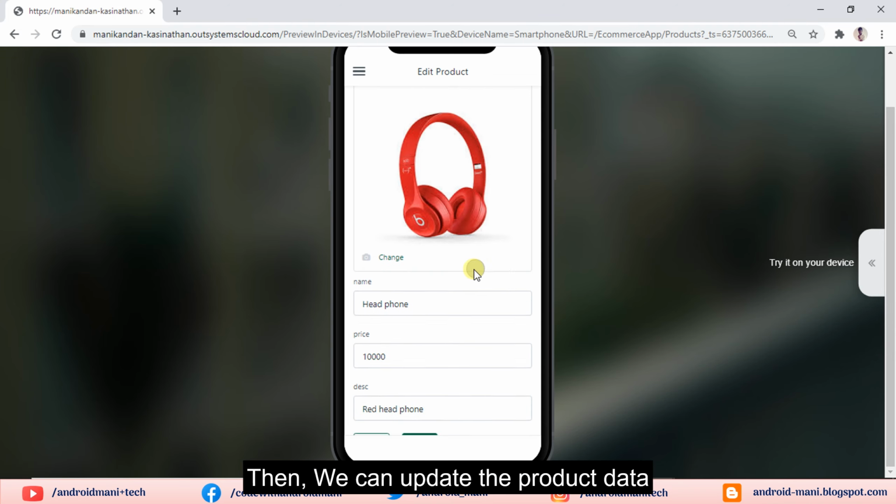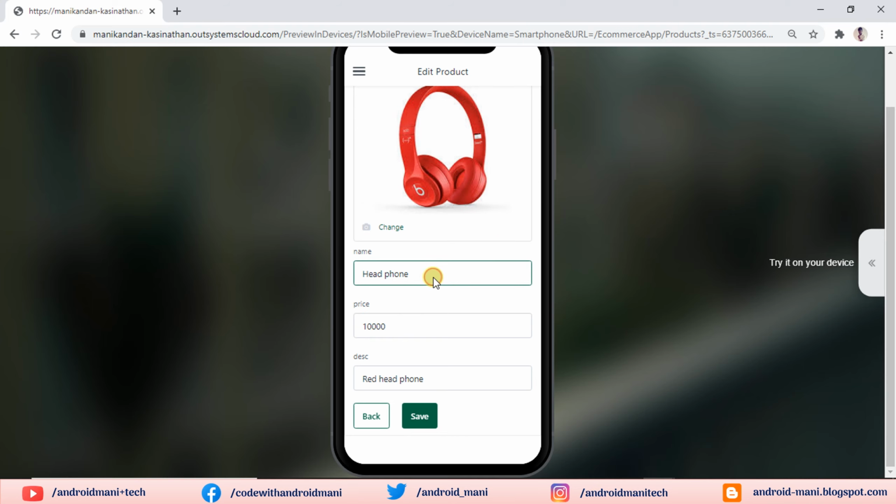Then, we can update the product data. It's working as expected.